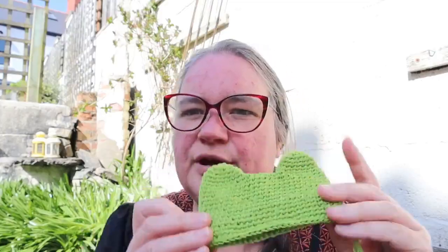I've added a few rows, not too many, but he's definitely growing. But I'm past the point where the pattern recommends to put in the eyes, and I was just procrastinating a bit because I forgot to bring down my pot of safety eyes that I've got. And I've just spent a ridiculous amount of time chatting to myself in my head about what colour eyes Victor